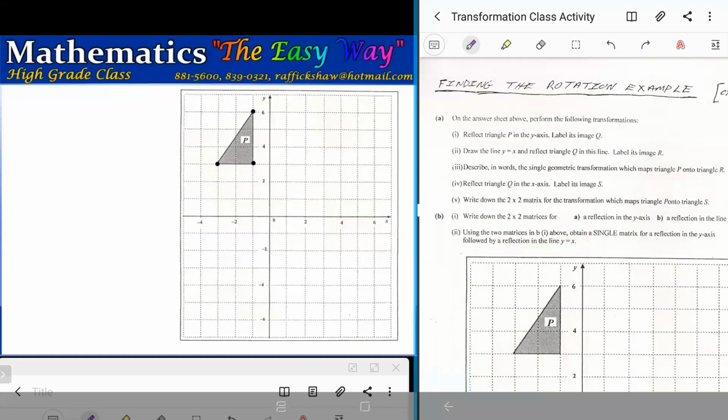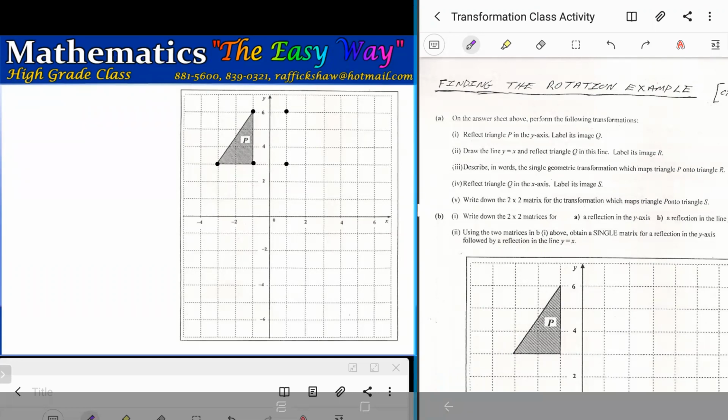Image distance is equal to the object distance from the mirror line. Remember, the mirror line in this case is the y-axis. So the first point I'm reflecting is that point at the top. Everybody can see. Let me do it again. First point I'm reflecting is the point up at the top. That is that point. Then I'm going to reflect the second point, the one at the bottom there,